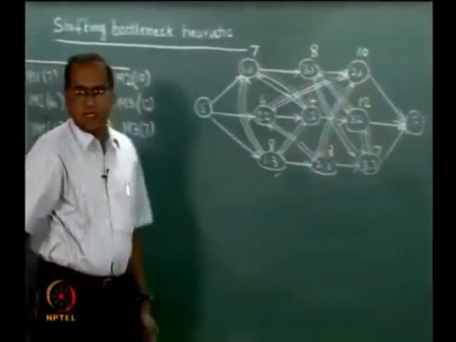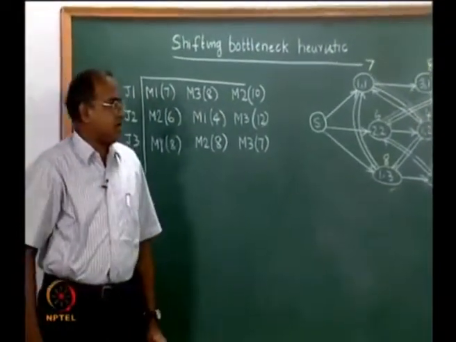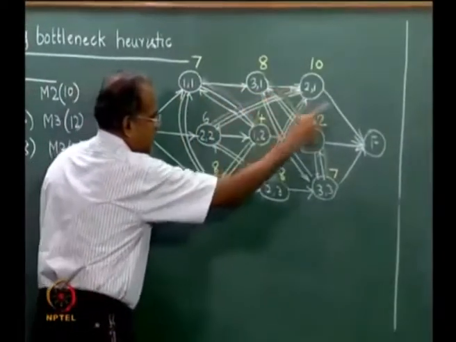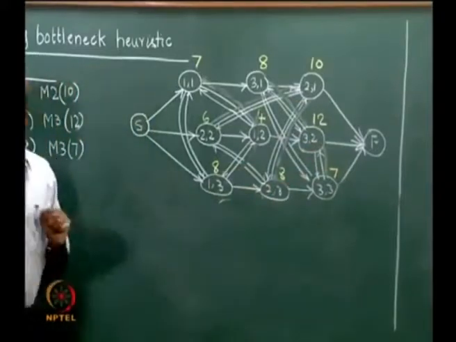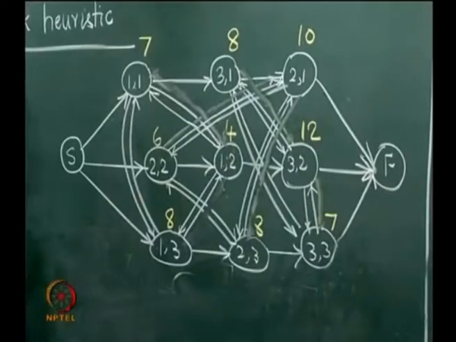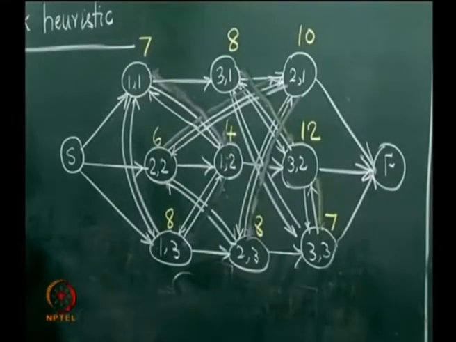So, let us come back to this network, and we understand that in this network all these arcs are not going to change, but wherever we had these pairs, for example 1 1, 1 2 and 1 3, we said that out of these 6 arcs that are shown, 2 of them will be in the solution, and which 2 will have to be decided.